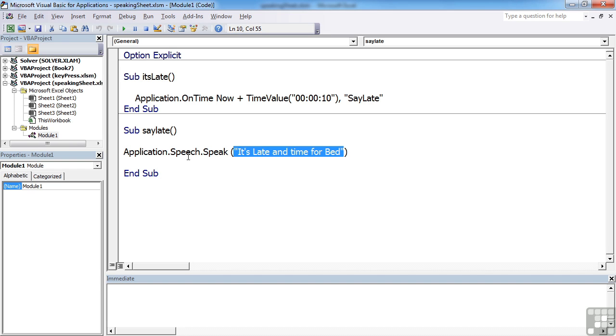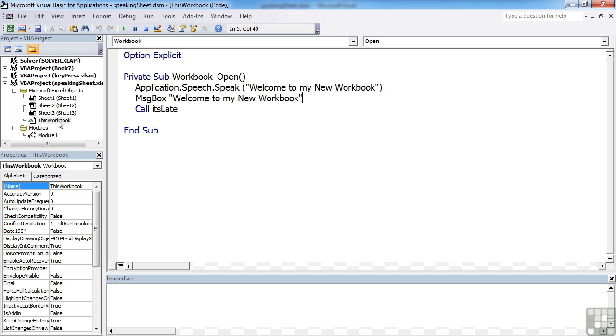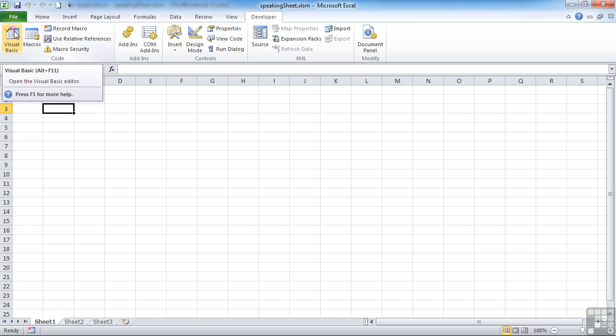Bear in mind that anyone with the sound off will not hear that audio format, so it's usually useful to back that up with a message box as well, which we actually haven't done here, but we did do on the opening trigger. So that's the speaking sheet using the application.speech and the application.onTime. If we then take a look